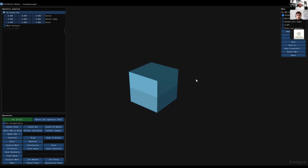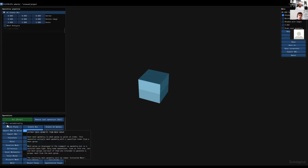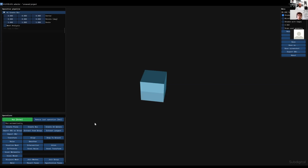But okay, so how did this box actually get on the screen? And this is where the idea of explicit construction history comes into play. Instead of selecting the box in some kind of a toolbar and clicking on the screen to create it, we actually first decided to create an explicit command, or the instruction, or the definition of the box first. So what we did is